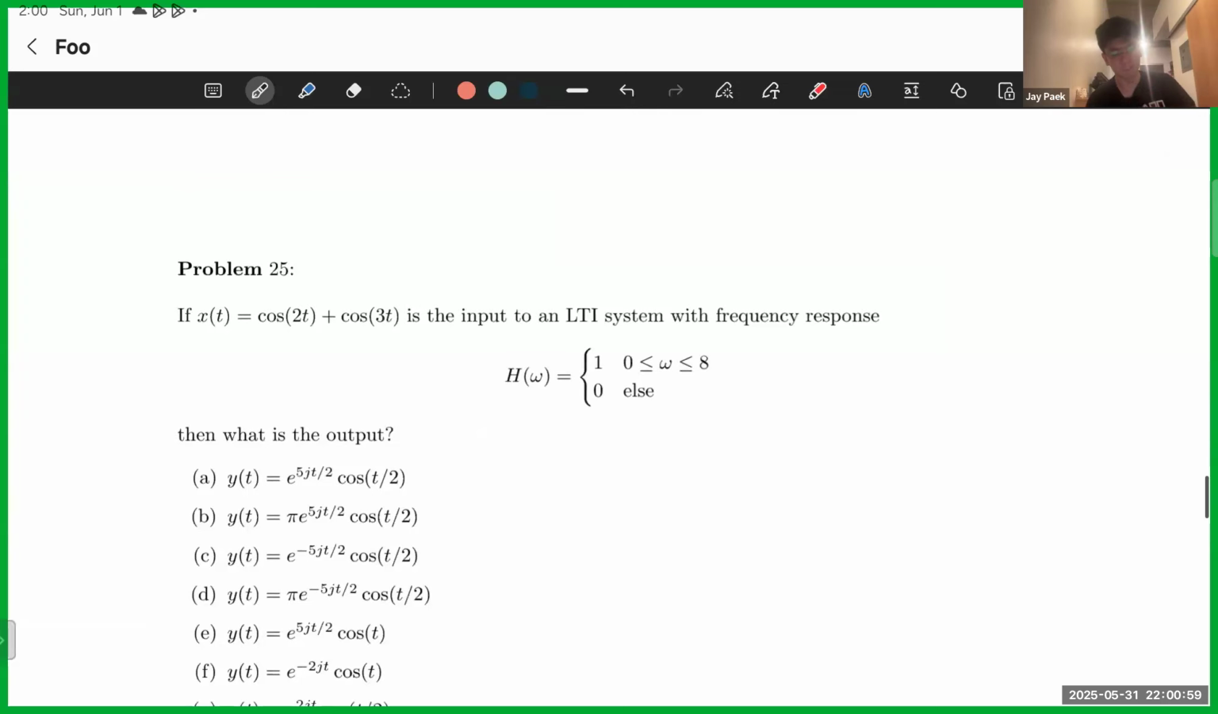All right, problem 25. We're very ahead of schedule. This is good. If x of t,